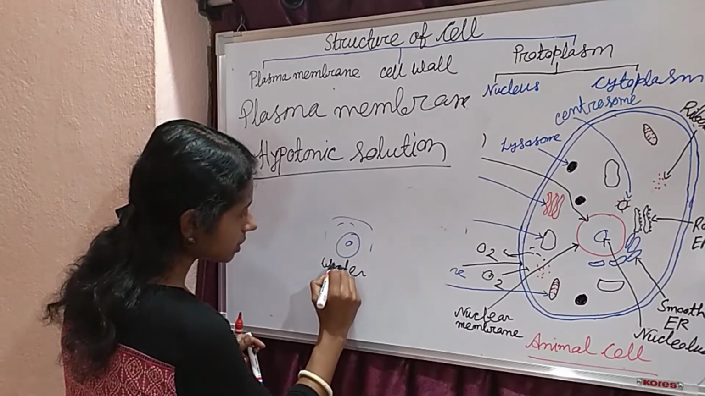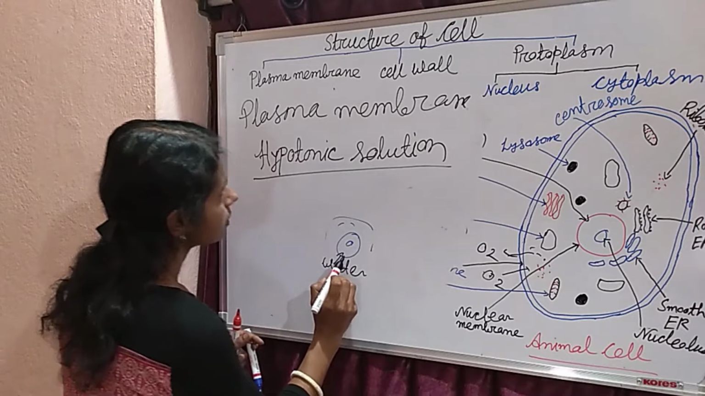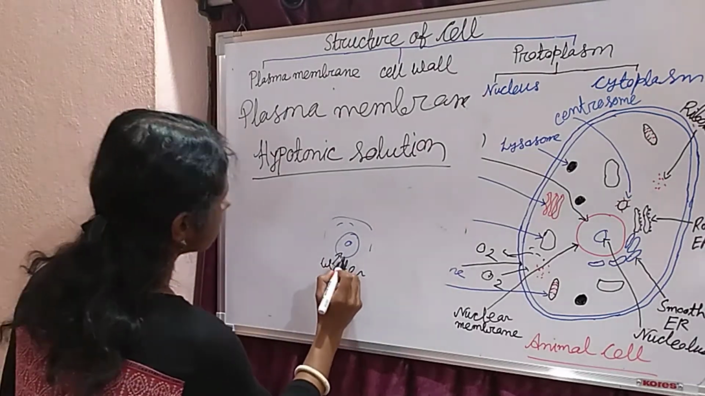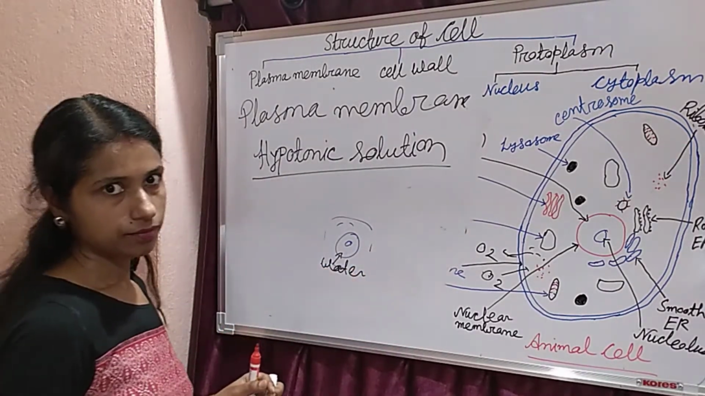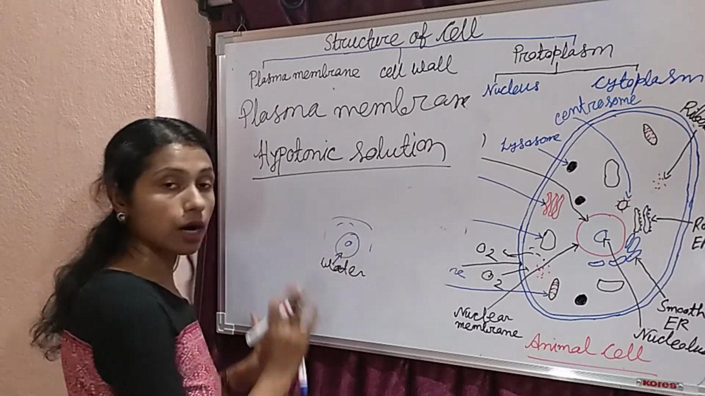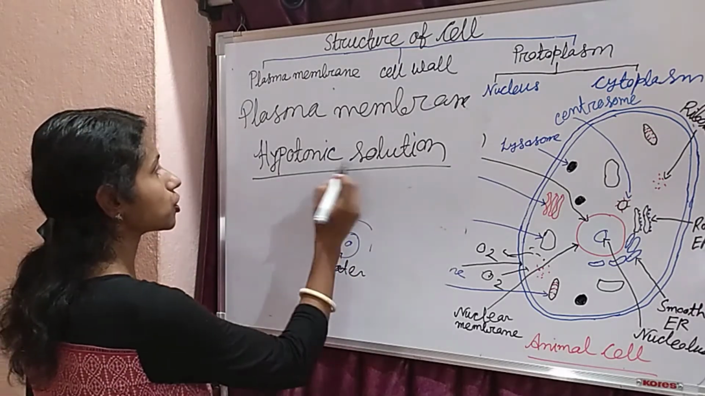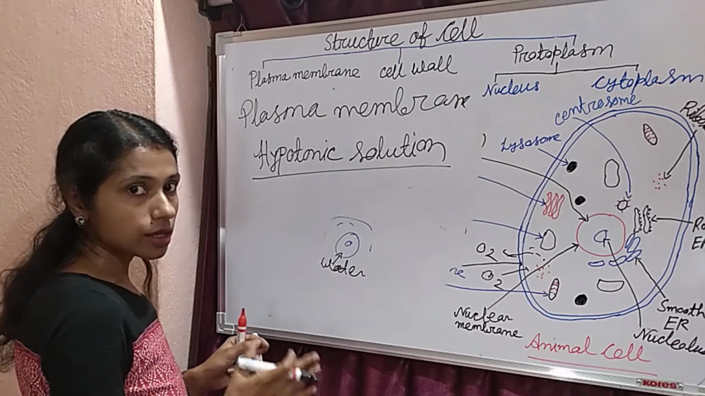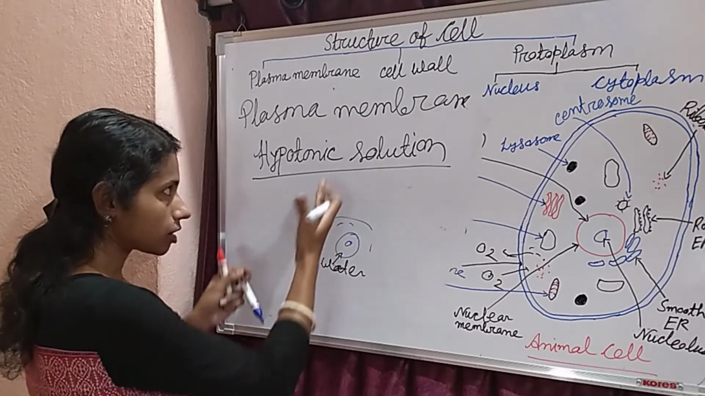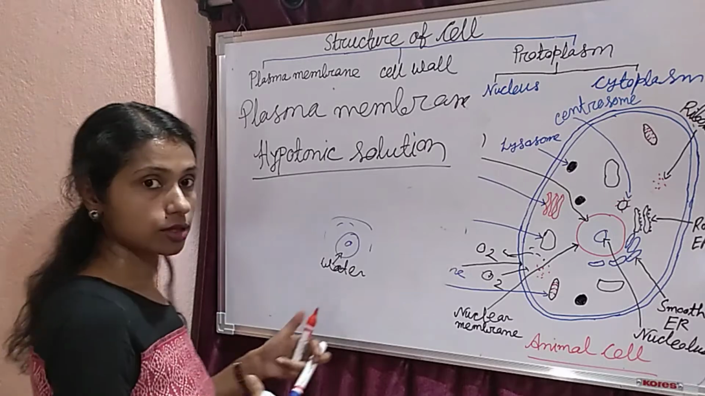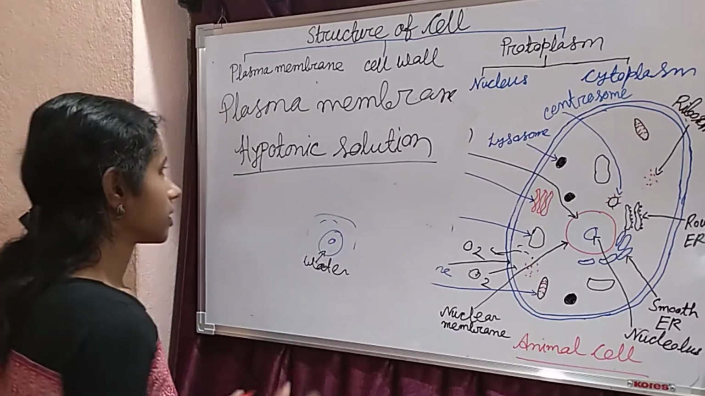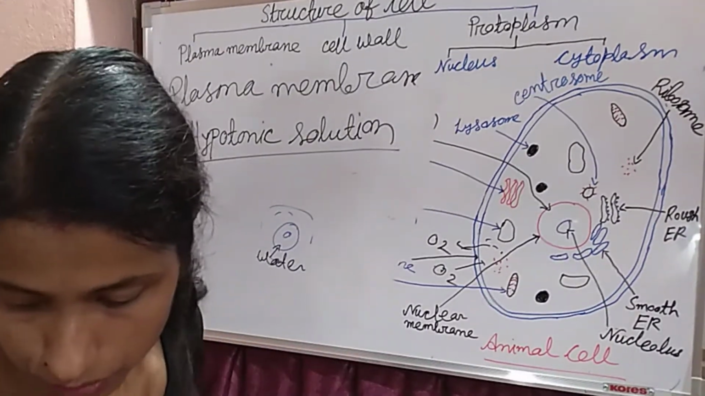So it will create a pressure here on the plasma membrane and it will get inside the cell, because the concentration is more in the outside medium. So it is called hypotonic solution. It means the cell has less pressure. So after getting this water, it will swell. Okay. So after this, we are going to discuss